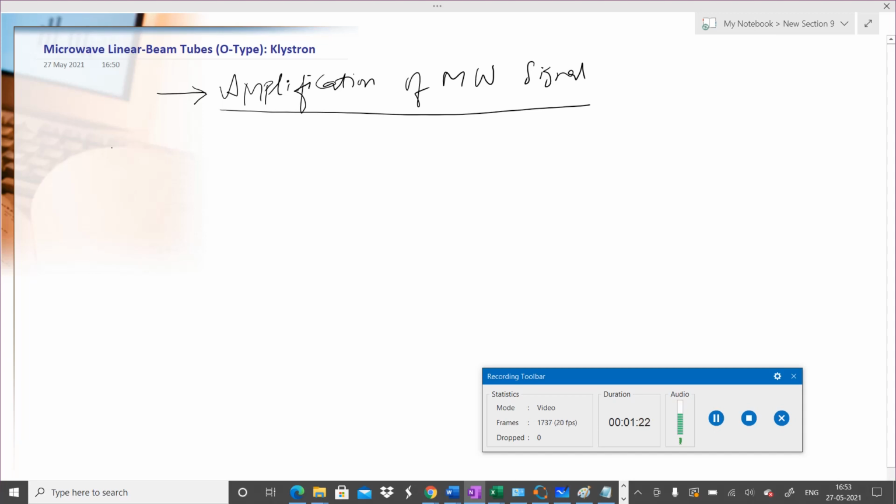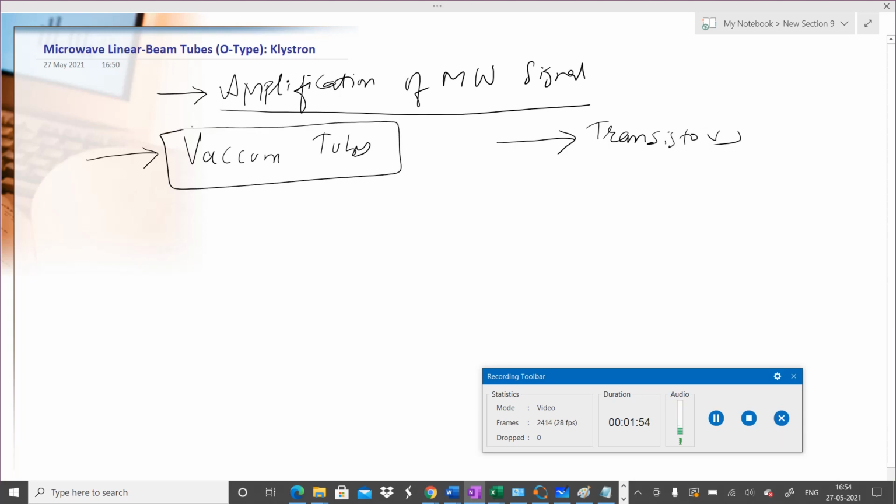So you know the conventional ways of amplification of medium range frequency signals. If you go back to the pre-transistor era, then we had vacuum tubes, right? And post 1948 especially, we have transistors. So we will right now concentrate on vacuum tubes. Vacuum tubes had, like we have transistors, diodes, and so on and so forth.